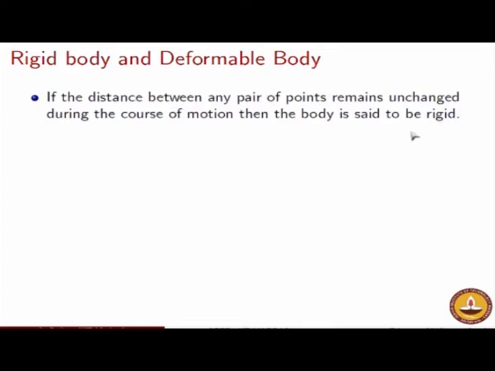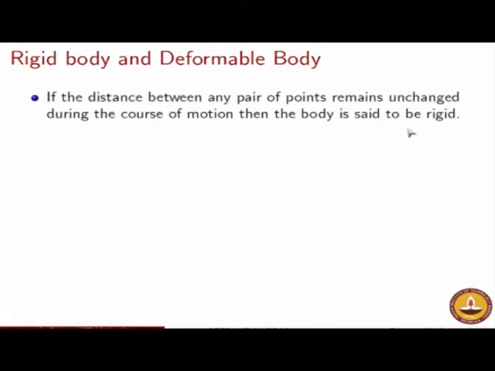It is not changing. So I can idealize the motion of this body, and if now I extend this argument to an aeroplane also, if I think about two points marked in an aeroplane, the distance between those two points is not going to change as the aeroplane is flying. The distance between two points drawn on the body of your car is not going to change because of the motion of your car, right. So in all these cases we are calling this a rigid body. A rigid body is a body wherein the distance between any pair of points remains constant and does not change during the course of your analysis.